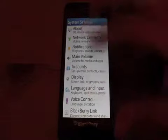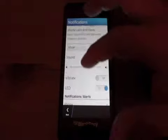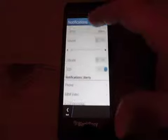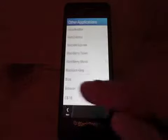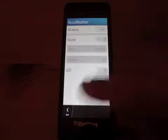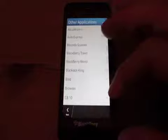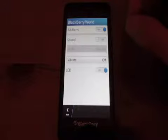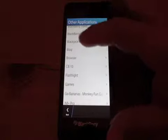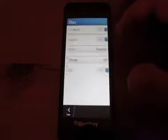Another non-obvious thing you can set, and this made a huge difference. I was shocked. Under notifications, you'll see apps down here. Go to other applications, and the ones that you want to alert you, you can turn on. By default, they'll all be on. So as you install a lot of applications, your applications will be polling for updates and wanting to push into the hub and kind of running headlessly in that way. So go through this under your notifications menu and make sure that only the applications you want to send you